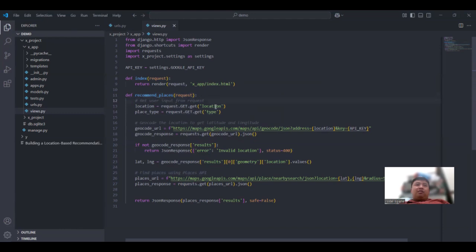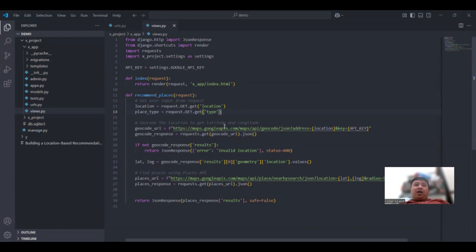So basically, for the input of the location, we're going to get the request from the text box from the index.html. And then the place type. And then we're going to get the URL.